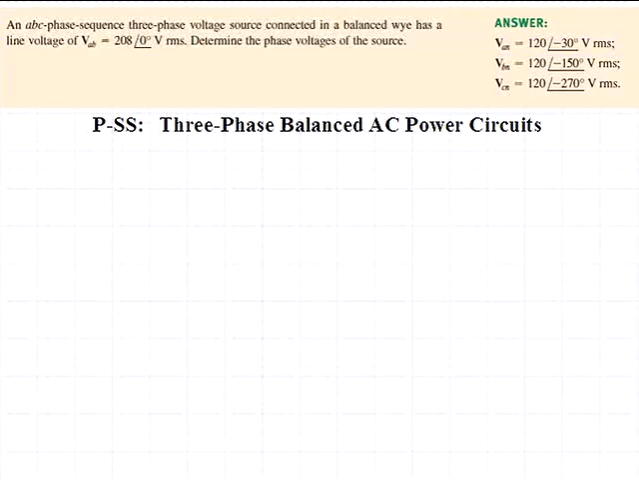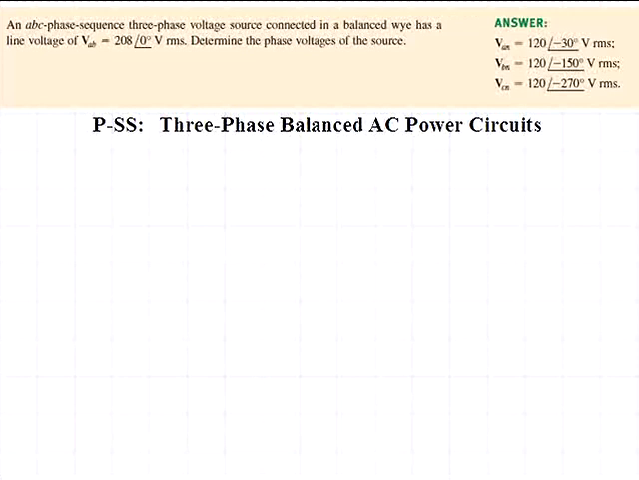This is Learning Assessment Problem 11-2. The problem-solving strategy here is that of three-phase balanced AC power circuits. In the problem statement, we are told that we have a balanced Y voltage source with a standard ABC phase